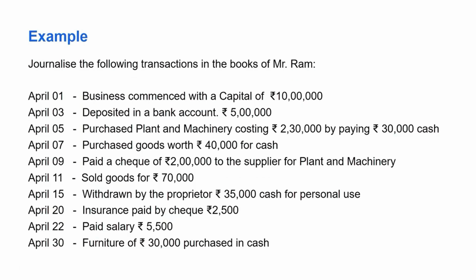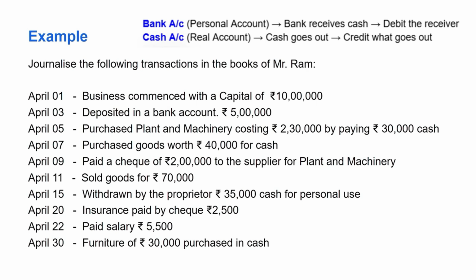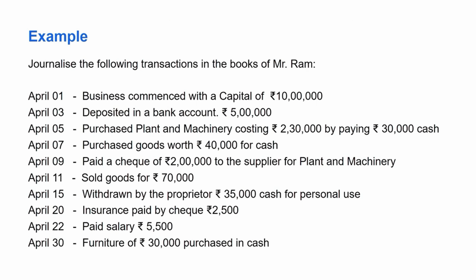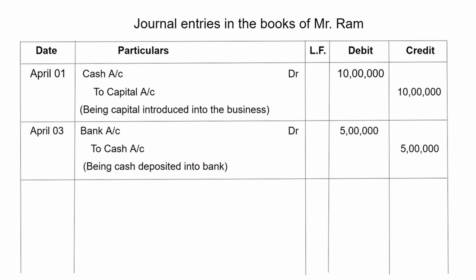Next transaction is April 3rd, deposited in a bank account 5 lakh rupees. Now cash decreases and bank balance increases. So the two accounts are bank account and cash account. Bank account is a personal account. Bank receives the cash, so debit the receiver. And cash account, cash is a real account. Cash goes out, so credit what goes out. So we record it as April 3rd, bank account debit 5 lakh rupees to cash account 5 lakh rupees,